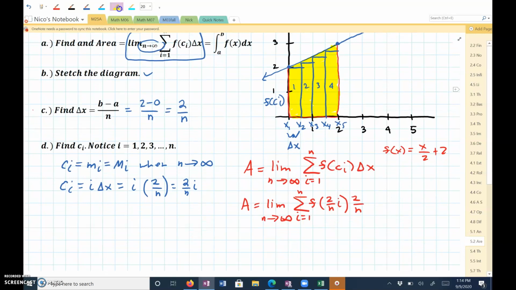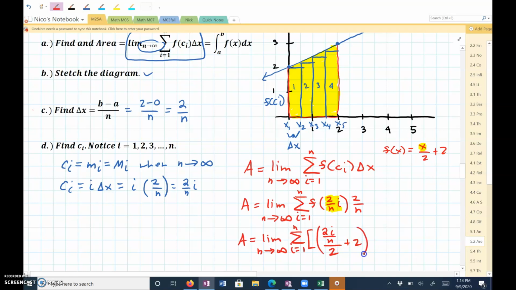So now if I substitute 2i over n in for x, I'll be left with the limit as n goes to infinity of the summation when i is 1 to n of 2i over n divided by 2 plus 2, I guess I don't need two sets of parentheses there, times